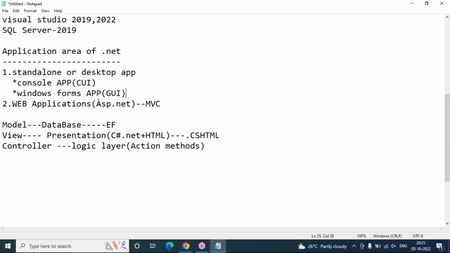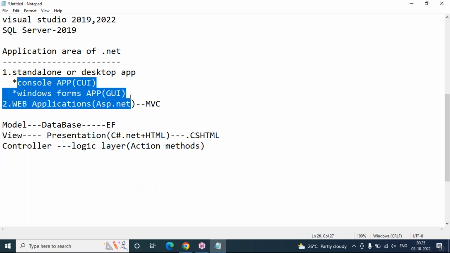It doesn't mean that we cannot develop console applications and Windows Forms applications using .NET Core. Yes, we can also select the .NET Core platform for developing those. But there are not many code changes between .NET Core and .NET Framework, because these are standalone applications and there is not much logic change. It's the same logic, only platform dependent or independent. But when it comes to ASP.NET, there are a lot of variations between the .NET Framework and the .NET Core framework.